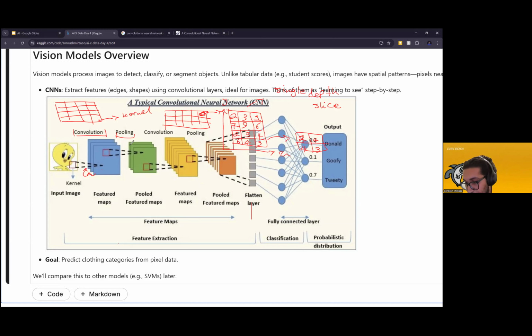So the process is what? Convolution, pooling. We convolve again, and then we pool again until we get into a bunch of